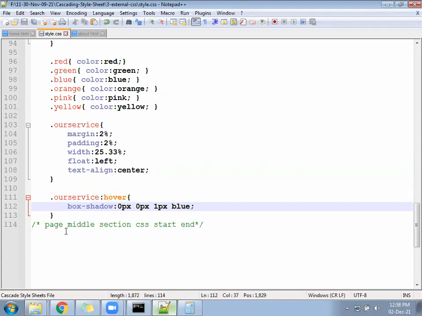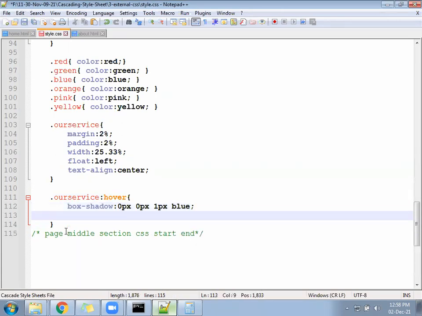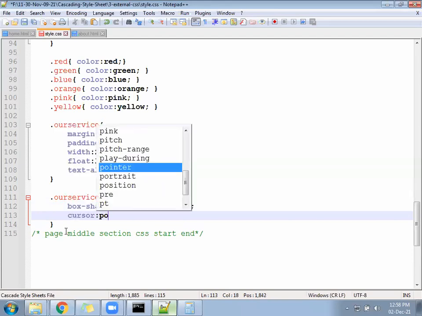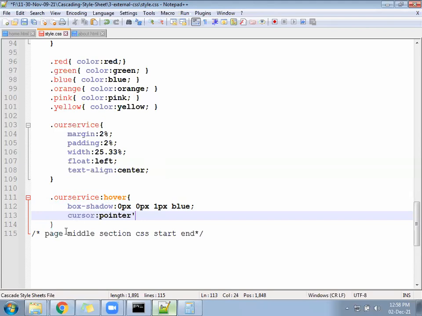As your mouse goes there, the cursor will convert into pointer.